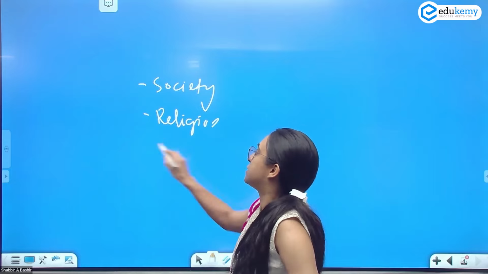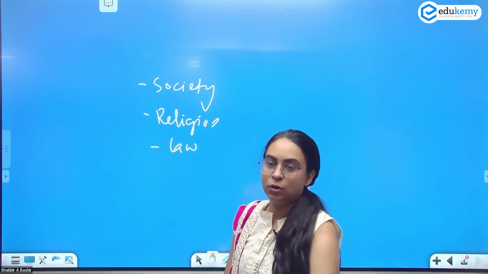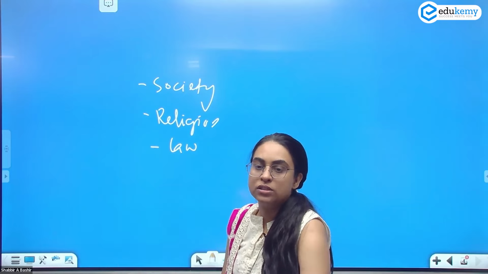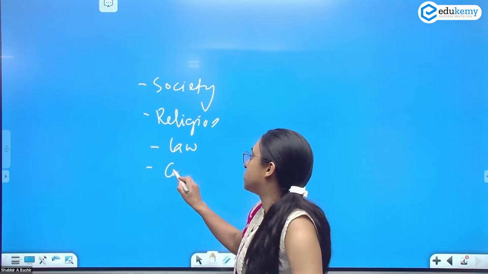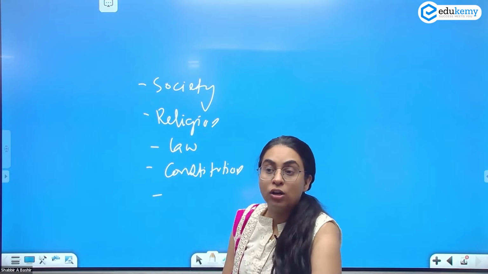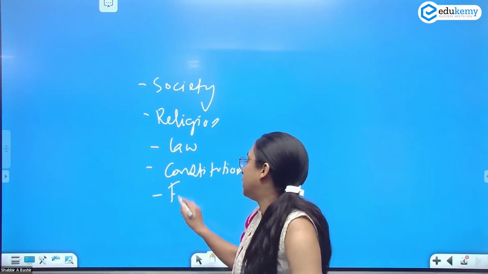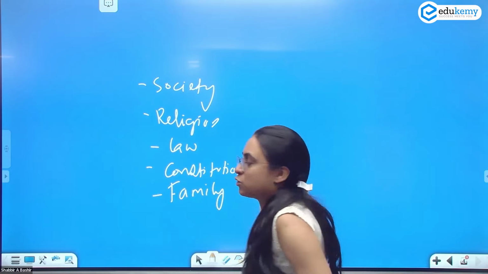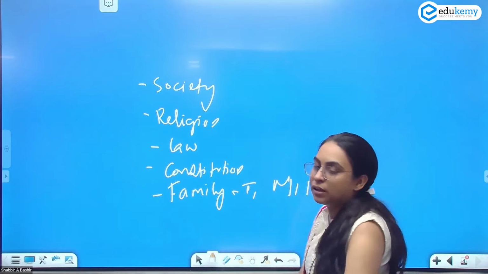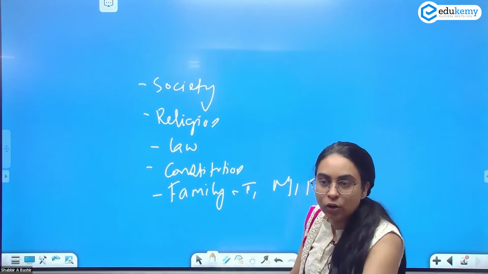Other thing, can I say law can be other thing? Domestic violence is wrong because it is illegal. Child labor is wrong because it is illegal. Can I say constitution? Can I say we also take whether we are right or wrong depending on the family. What does my family member says? What does my teacher says? What does my father says? What does my mother says? ये हमको बताता है right or wrong क्या है.